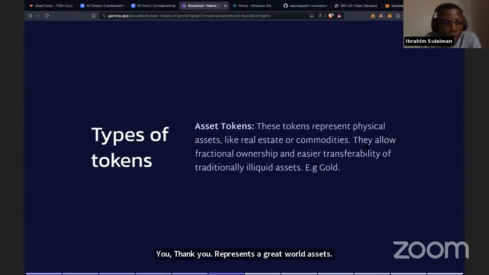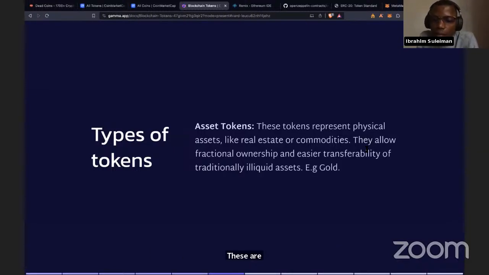And the other type of token we'll be talking about is asset tokens. These are tokens that represent physical assets that you can see. And when I say physical assets, I'm talking about assets like real estate, physical commodities you can see, and even gold. So asset tokens are tokens that represent these particular assets in real life, like physical assets that you can interact with. For instance,